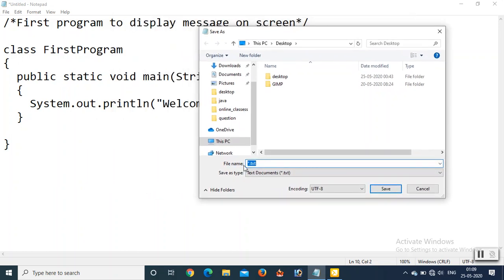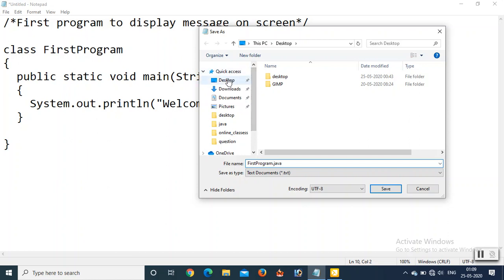The file name must be equal to your class name. So what is our class name? It's FirstProgram. So write here the file name as FirstProgram. And what about the extension of Java? It's dot java. Okay. I am going to save this file on my desktop.